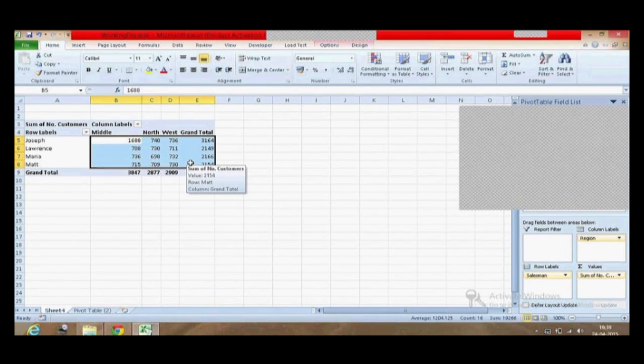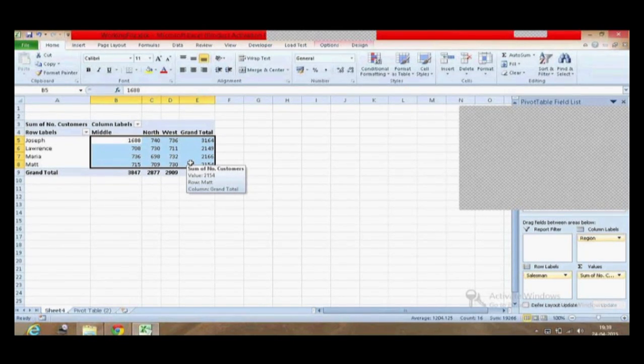Conditional formatting is a simple way to apply format on your cell based on the data, and it is dynamic. For example, if I have this data, I want to select all the values which are greater than 1000 and change them to a different color. This is a simple example. So I can easily do it using conditional formatting.